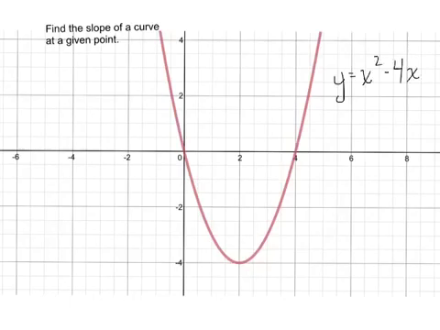So we have a process for finding the slope of that tangent line. And remember, the way we're going to do it is we're going to find slopes of secant lines using points that get closer and closer and closer. Just to remind you, I might start by finding the slope of the secant line using